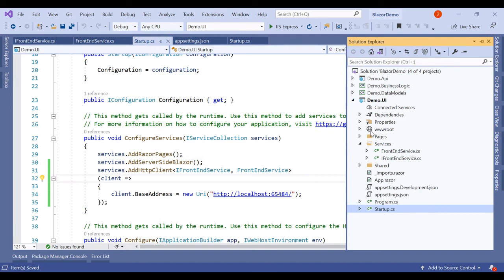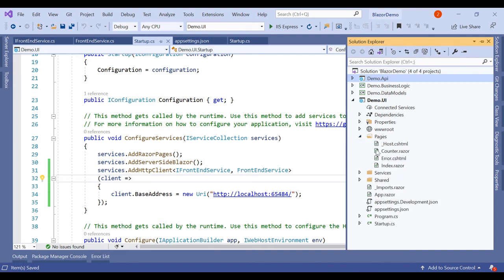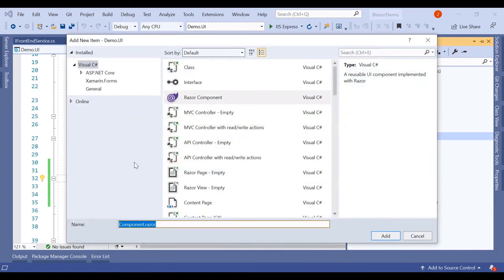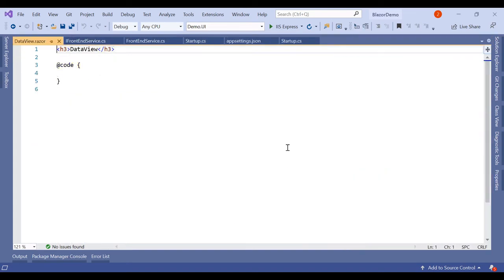So our front end service is ready to call the API, and API will call the business logic and make use of data models and DbContext to pull the data. So we have already seen that our API is already running and it is getting the data. Now our front end service is also ready. Now simply we have to create one page and add a user component, and let's name it as data view. Click on add,